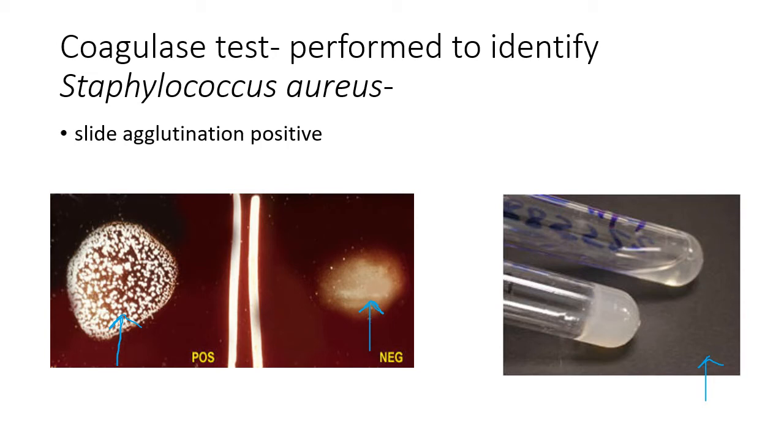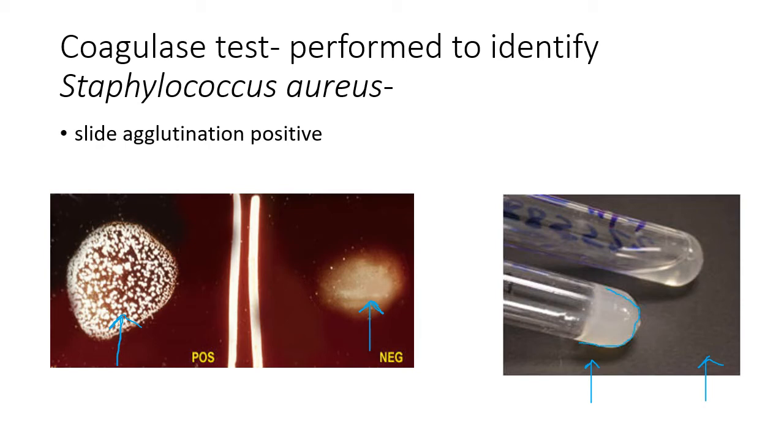However, if it is negative and you've seen beta hemolytic golden yellow opaque colonies, then you need to proceed to a test which is the tube coagulase, as you can see very well here. Now, tube coagulase does not detect bound coagulase, which is what we are looking for in the slide agglutination test. We are looking for an intrinsic coagulase enzyme, which is called coagulase reacting factor. This is an enzyme which is secreted out of the bacterium, and it again communicates with the plasma and converts fibrinogen to fibrin, and thus you can see this nice clot which you can appreciate over here.